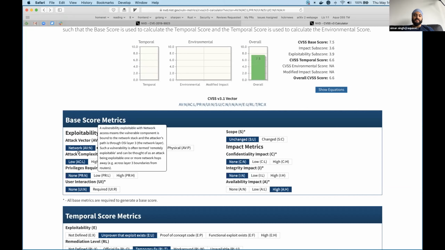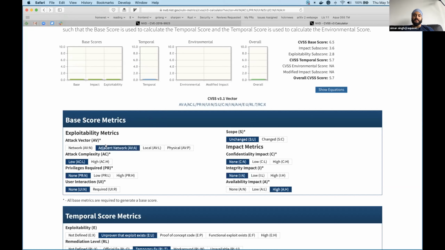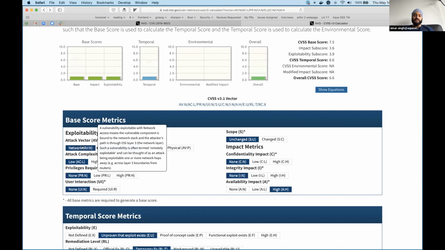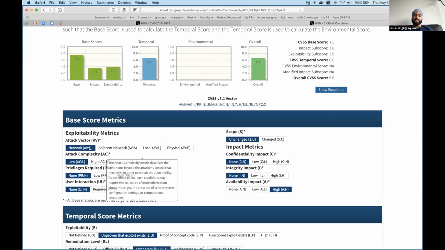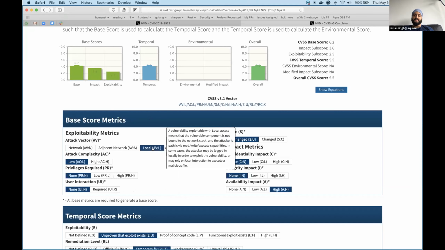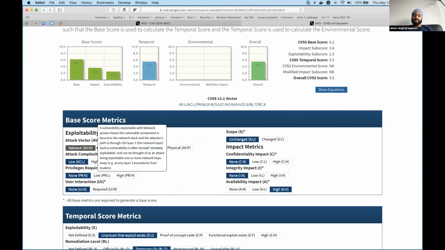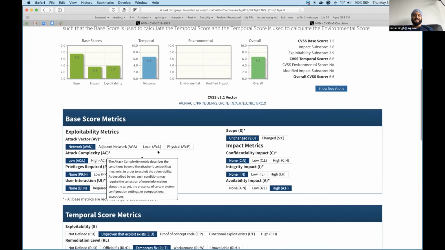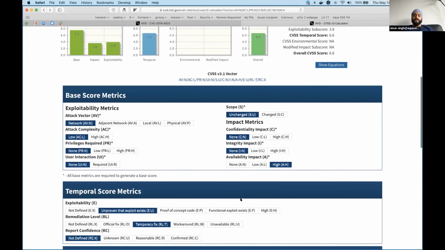In this case, they have a nice little web form that I found very handy to play with different factors, like how the score would have changed if the attack vector was on the network versus the local network or something like that. So it has a bunch of